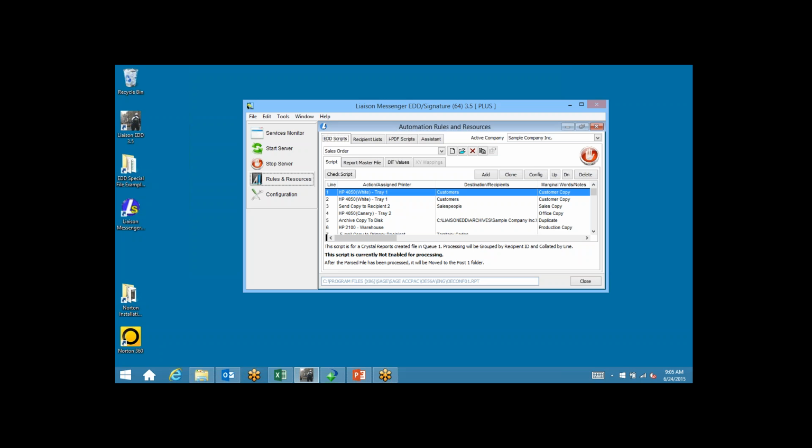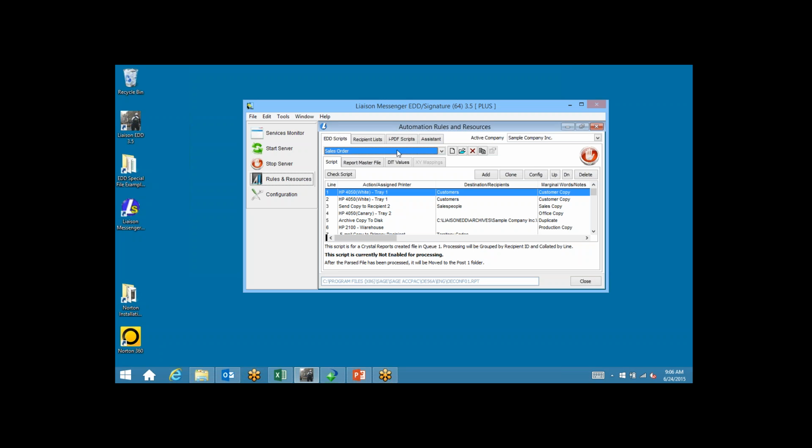What we're looking at right here is what's called the Messenger server. So you would be running the Messenger server on a workstation or a server box in your office. It can sit in a virtual environment. But really, we're going to spend most of our time talking about the server. This is where really all the features are, but the end users do not have access to the server. So what I like to do is start by talking about how your end users would use the product on a daily basis,